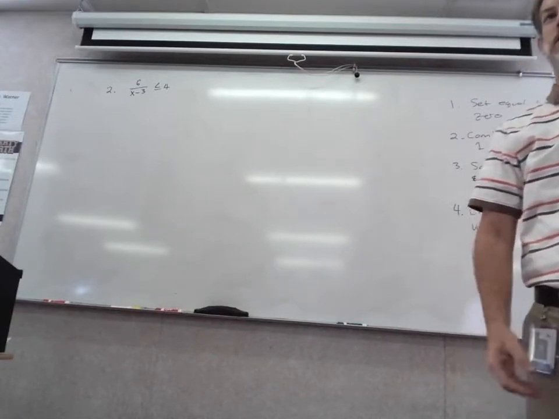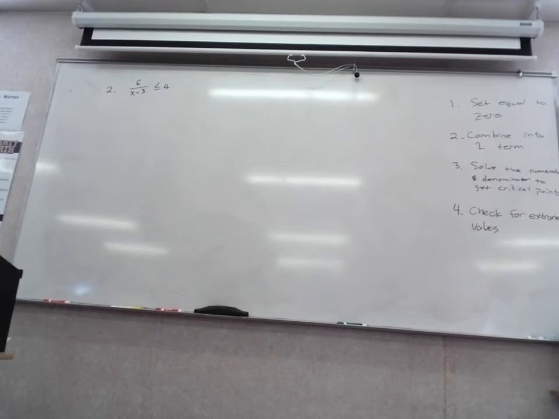Okay, so let's go through example 2. It's a lot like example 1, for the most part. Okay, so what I want you to do is go ahead and get started by getting a set equal to 0, and then finding the least common denominator and combining it into